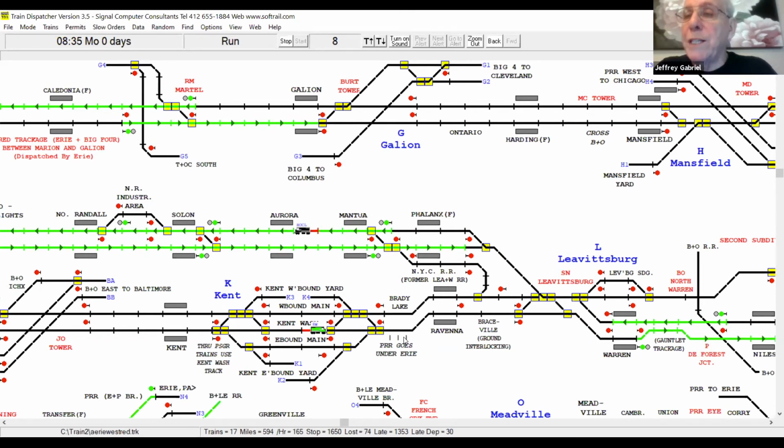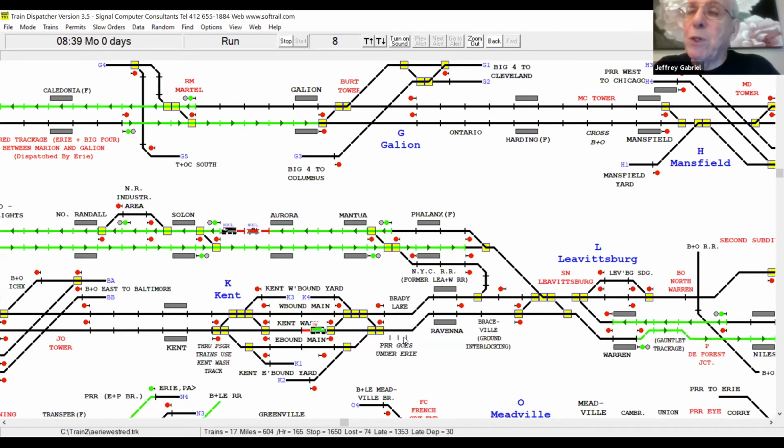And so you can start and stop at different times. There are some starting times that you pick. And for instance, at the 5 a.m. starting time, there are 13 trains already on the territory, so you won't be bored. And then 3 more actually enter at 5, so there'll be 16 at that point. So they're sort of like built in.